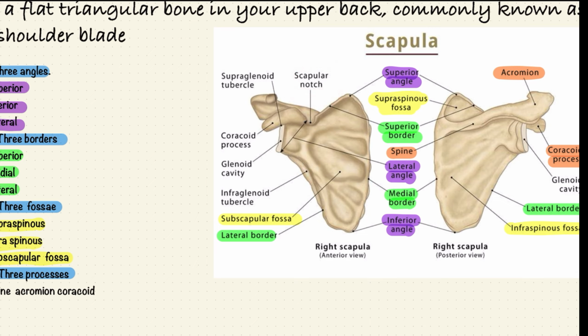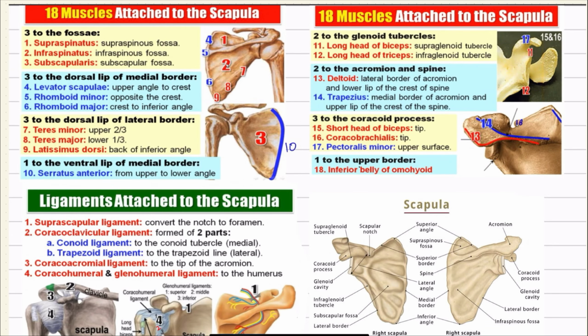In fact हमारे पास दो तरह के tubercles भी आते हैं, that are known as supraglenoid tubercle and the infraglenoid tubercle. Now we have to study the 18 muscles that are attached to the scapula. अब ये लगने में तो 18 मसल्स बहुत डिफ़िकल्ट लगता है लर्न करने में, बट उसको हम थोड़े से ट्रिक्स से याद कर सकते हैं और इजीली ये लर्न होगा.